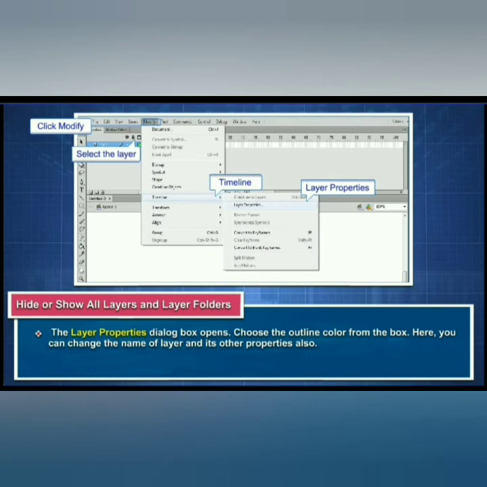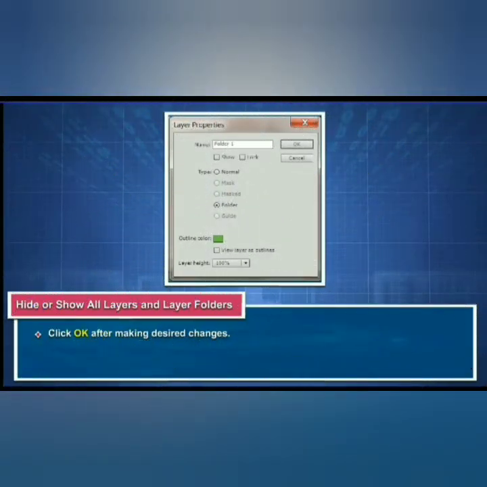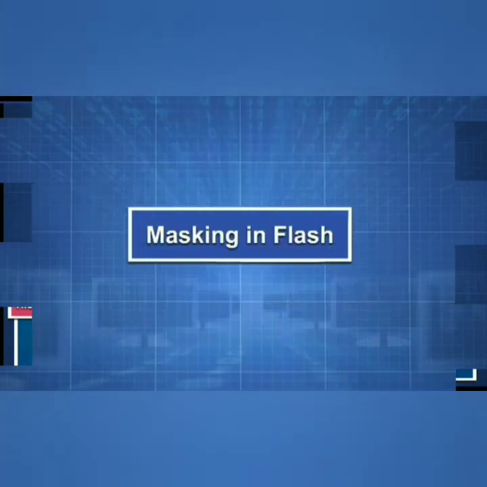Choose the outline color from the box. Here you can change the name of the layer and its other properties also. You can change the outline color, you can change the name, you can change some other properties also of the layer. Click OK after making desired changes. Whatever changes you want to make, you can make, and after that press OK.